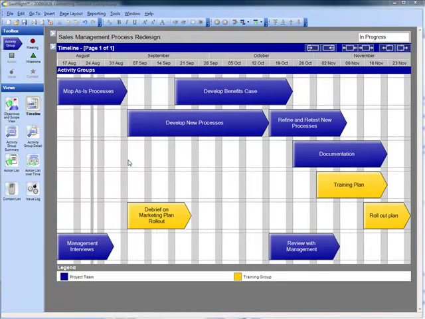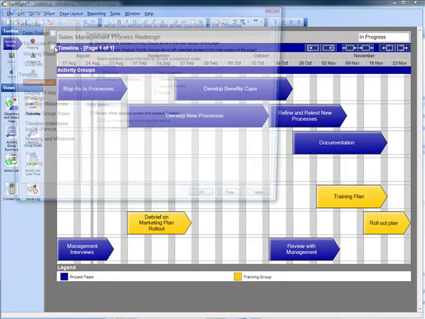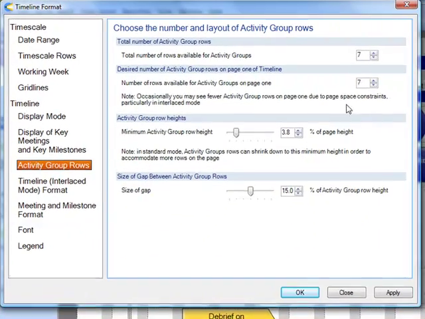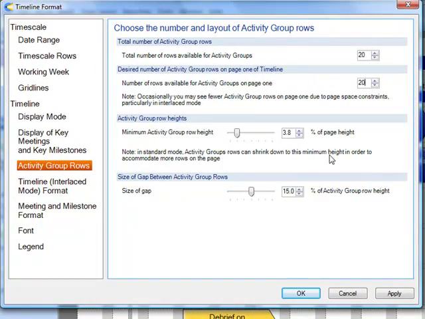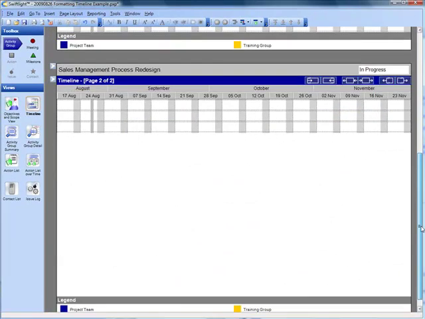Fourthly, adding in rows for activities is easy. Either use the right-click menu to add in rows one by one, or use the main Format dialog to add lots of rows at once. What we'll now see is that we have lots of new rows and also that the timeline has spread out